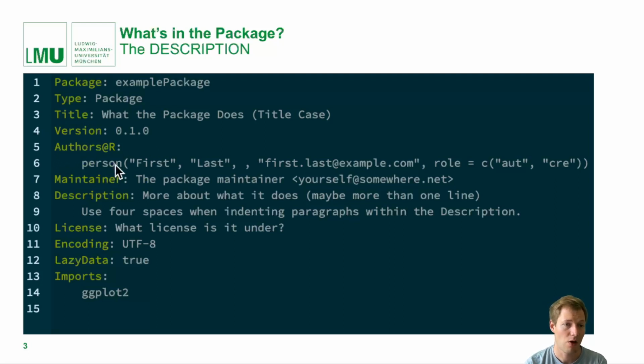Then the authors of your R package, and this is a bit of an odd format, but this is actually R code. It's just this format that specifies what a person is, and it has a structured format for that data. So you have the first and last name, the email address, and the role. So AUT here stands for author, and CRE is for